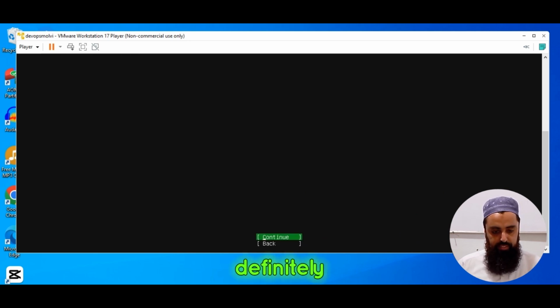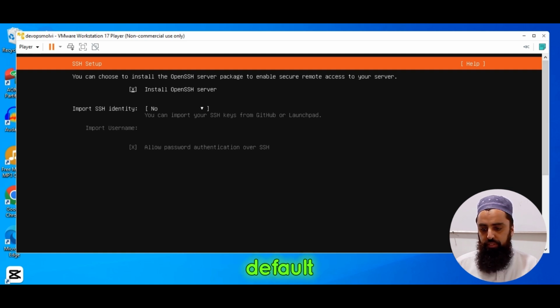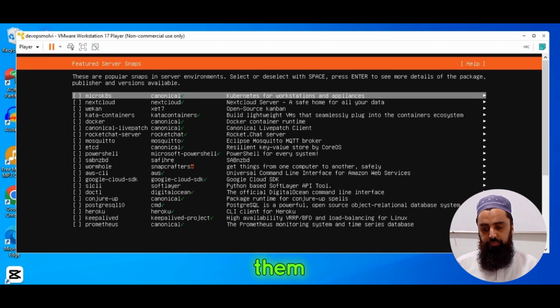Yes, we will definitely need OpenSSH server to connect, and I have checked this. Rest of the things would be default, and I will continue with the installation. Here it is asking whether you want to install these packages right now. I would not, because we will install these packages when we need them. So I will skip this step